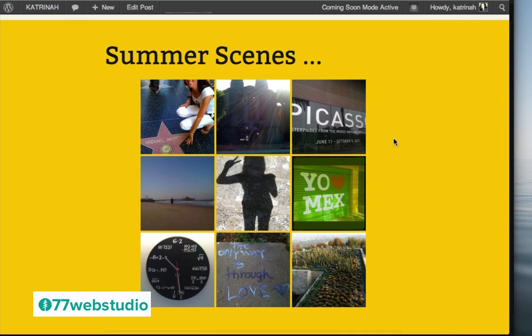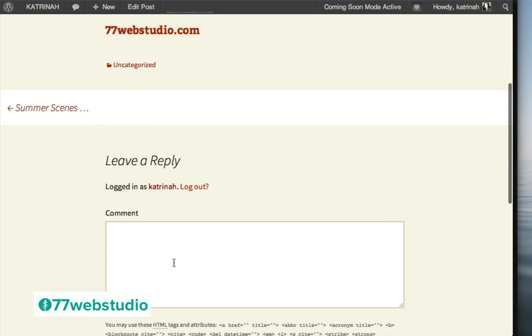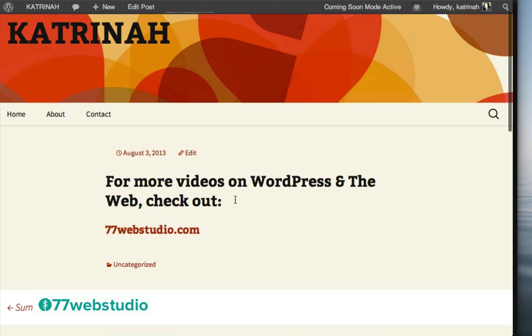Also note, because this post format is set to a gallery post format, the background for this particular post is yellow, and once again that is one of the design features of the 2013 theme. And here we can see the post with the link post format. Now note when I scroll down, we have this comment section here, which I actually don't want. This is simply a link format post.